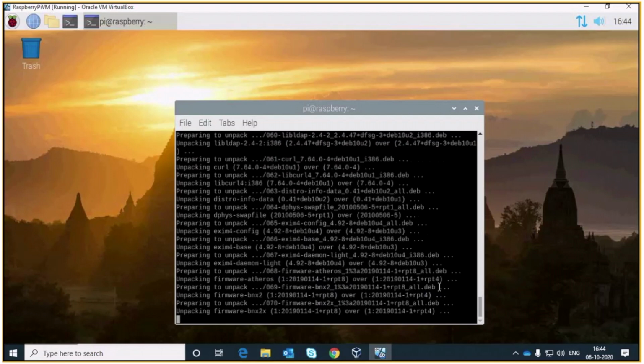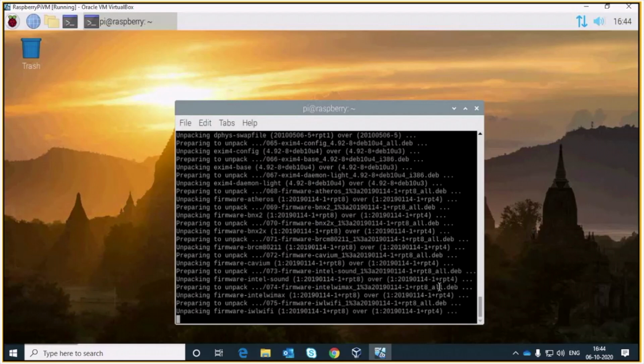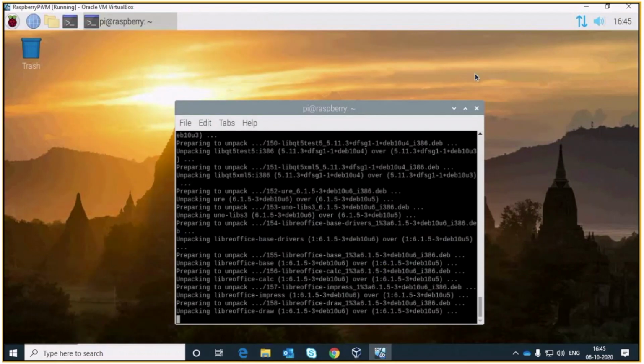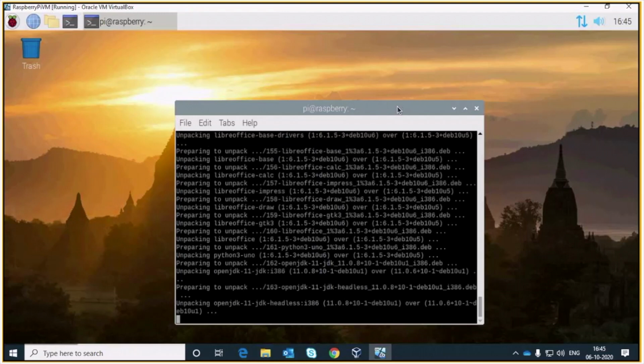So various packages are preparing and unpacking. OpenJDK, all these packages, it is upgrading them. All these packages, whatever the latest version available for Python or JDK or whatever packages are installed, it will upgrade them.